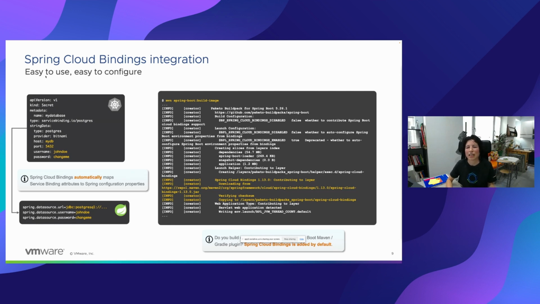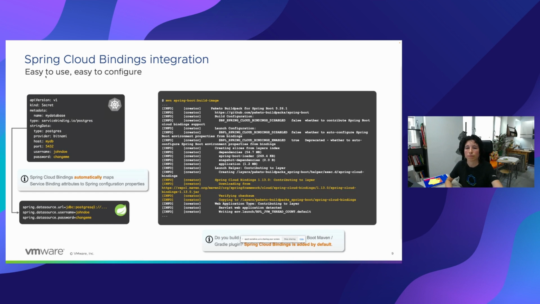The core idea behind Spring Cloud Bindings is to abstract away the complexities of establishing connections and injecting necessary configurations into Spring Boot applications. So how does it work? Well, when your Spring Boot application starts up, Spring Cloud Bindings automatically configures the necessary components and establishes connections with the bound services, retrieving the required credentials and connection details from the configuration properties and environment variables. Once the binding is established, your application can seamlessly interact with external services using Spring Cloud abstractions. For example, you can use Spring Data for database access, Spring Integration for messaging, or Spring Cloud Config for centralized